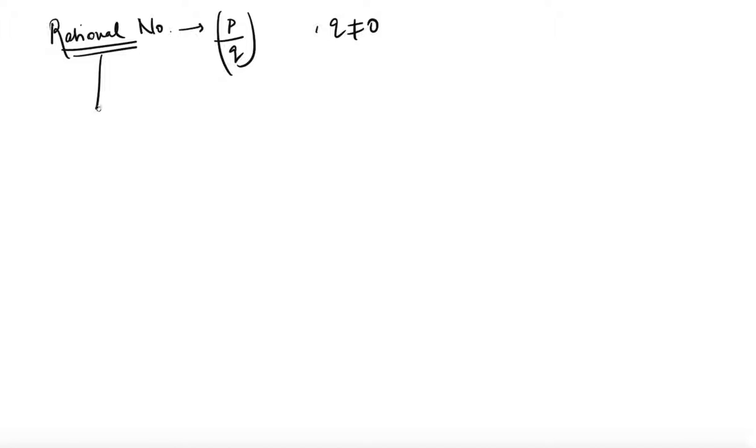So let's focus upon that if you have a rational number. I hope the definition of a rational number is clear: any number that can be represented in the form p by q, where p and q are integers and q is not equal to 0, is a rational number. So let us see how to determine whether the decimal representation of a rational number is terminating or non-terminating